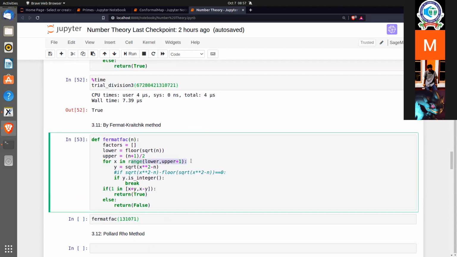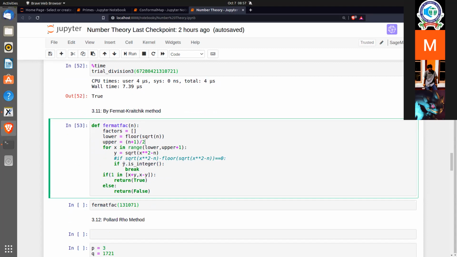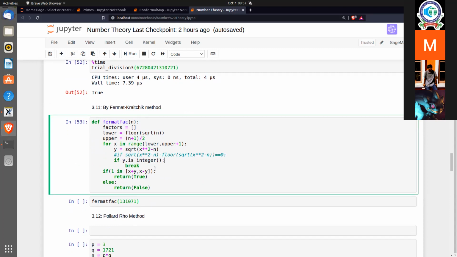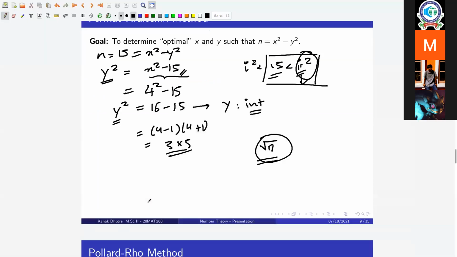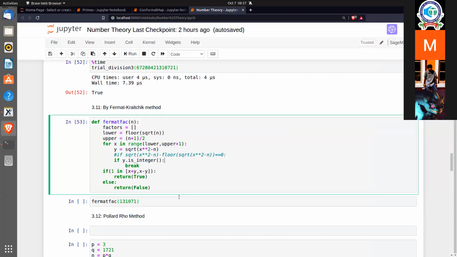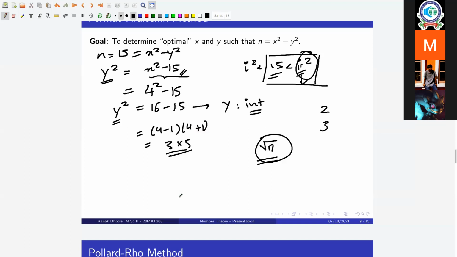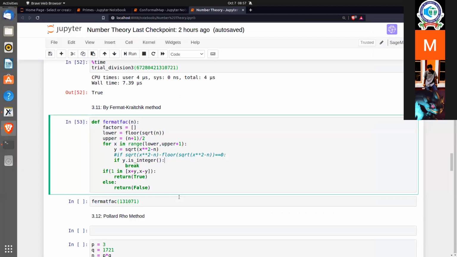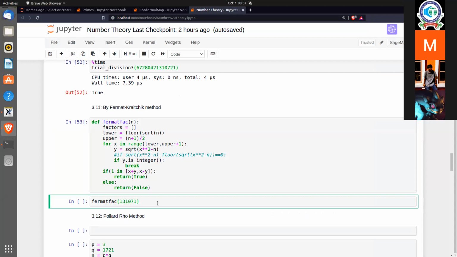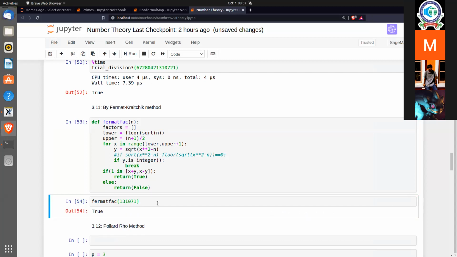So in this range, lower to upper, and we already spoke about what that was, I have to keep checking if y is an integer. And for that, I have to keep taking the square root to check if that is an integer, which makes this a little computationally expensive. So if we're lucky and in the second or the third step of this range that we're checking, we already strike some value that deems y to be an integer, it's good to go. But if not, and if it has to check till the last step, which is usually the case for primes, this method takes a lot more time and is computationally very expensive.